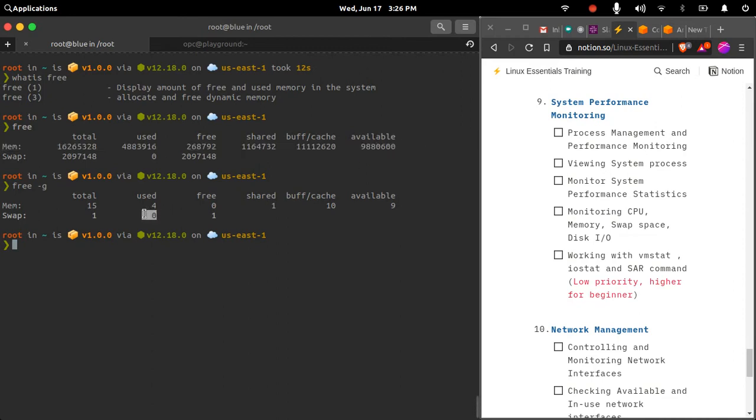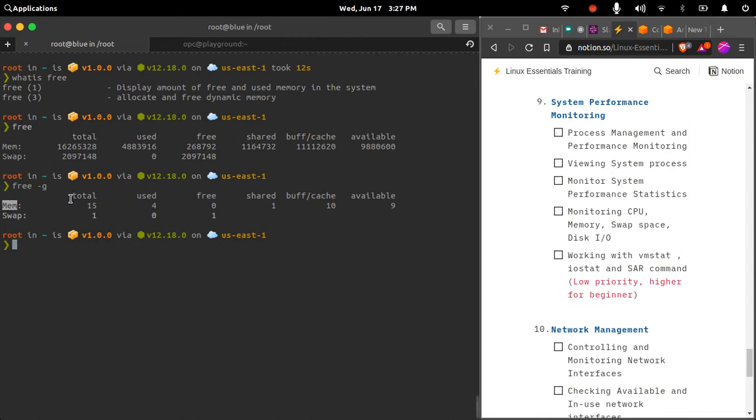Also, when the swap memory is being used, data is stored on the file system, not in memory. So swap memory is actually slower when compared to your RAM. RAM is a volatile memory, and swap memory is present on your file system. Whenever data is stored on swap, your system will be very slow, since it stores data on the file system and then reads it back from the file system. That operation is very tedious, and swap memory is relatively slow when compared to your RAM.